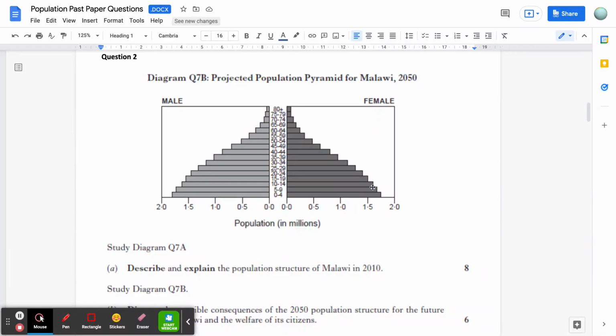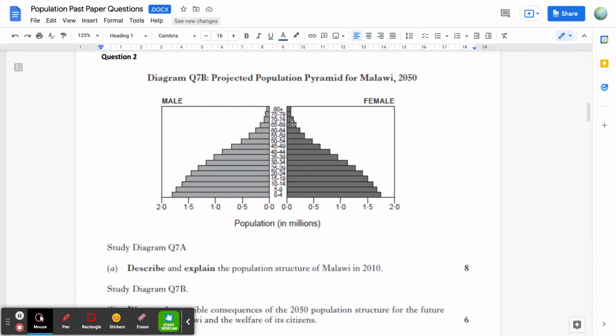The final part to successfully explaining this population pyramid is the very few people in the oldest ages. This reflects a low life expectancy and reasonably high death rates, so anything that can help explain that will get you marks. For example, you could say there are very few in the oldest age groups, for example, the 70 to 74, and this reflects the lack of healthcare or limited access to healthcare for people living in Malawi, and when they get unwell, they're unlikely to be treated or receive medicine. All of those are explain factors which are offering reasons for high birth rates, high infant mortality rates, and